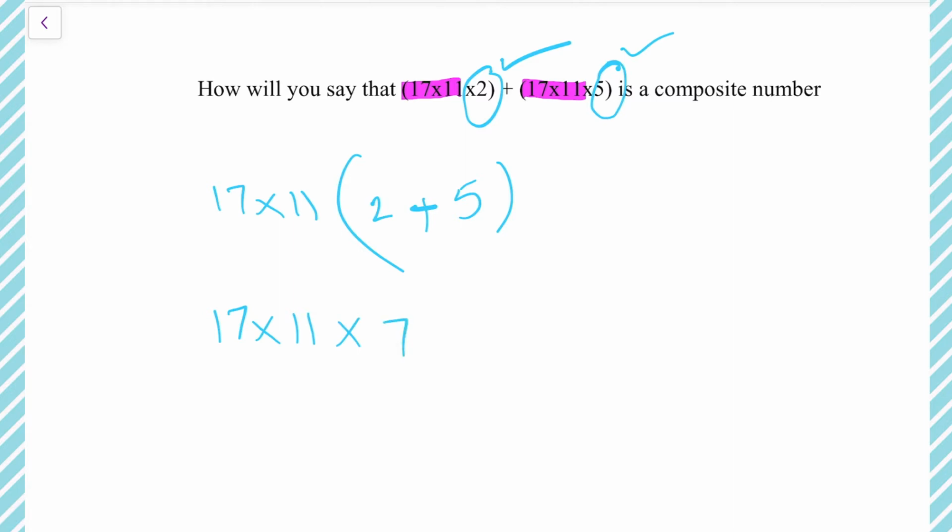So now here no need to do multiplication and no need to write the final answer, because according to the definition of a composite number, it is a number which has more than two factors. For example, now 17 is a factor, 11 is a factor, 7 is a factor, and one more will be there compulsorily, that is number 1, because number 1 is a factor of every number. So in this case, this number has more than two factors, so definitely this is a composite number. We need to write the same: the given number has more than two factors, so it is a composite number.